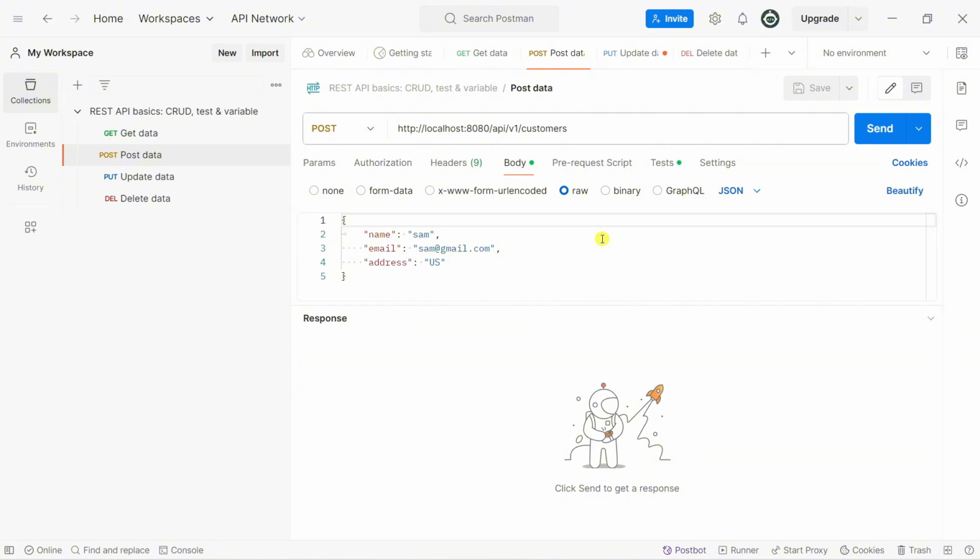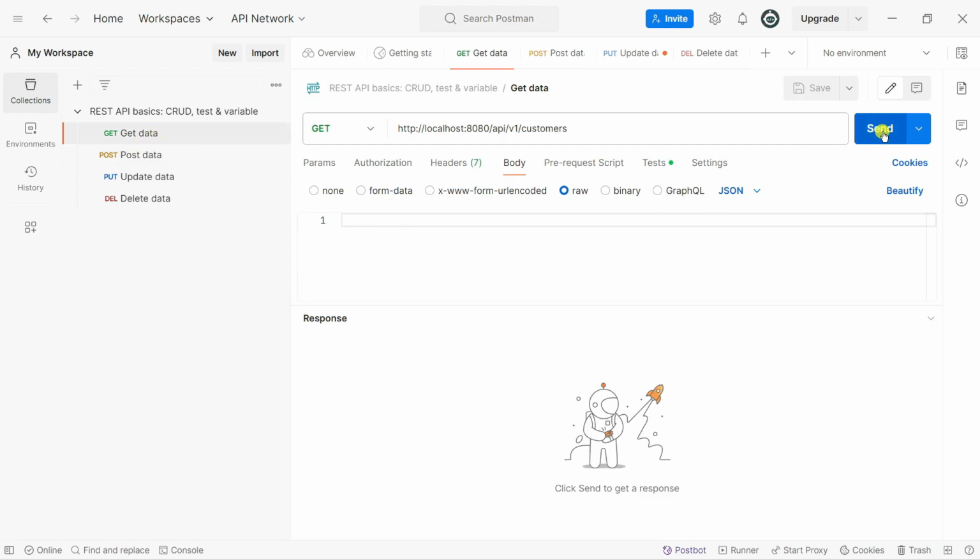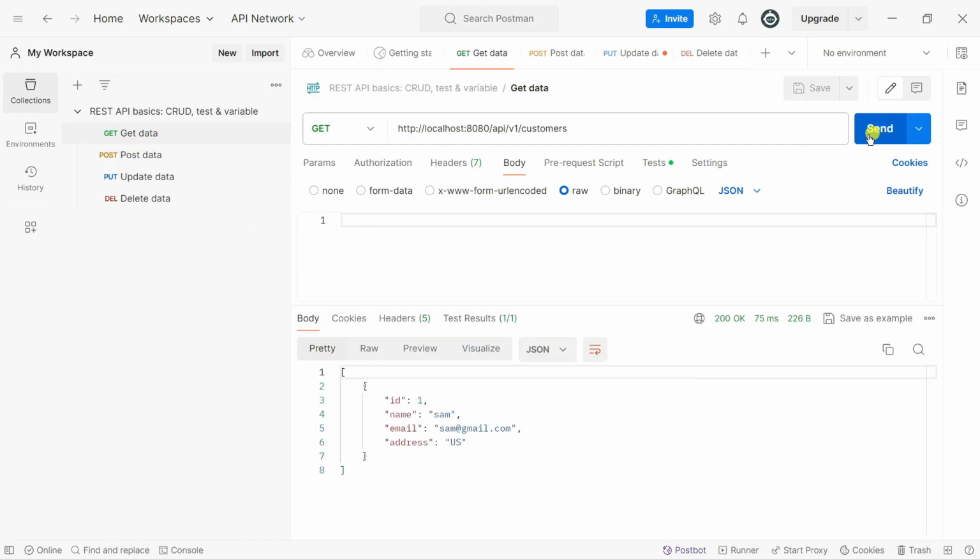Go to the Postman, click on send to create a new customer, and then get it back. And we have the customer Sam and the ID is 1. So let's update the same information here.